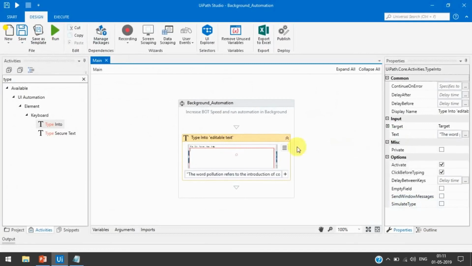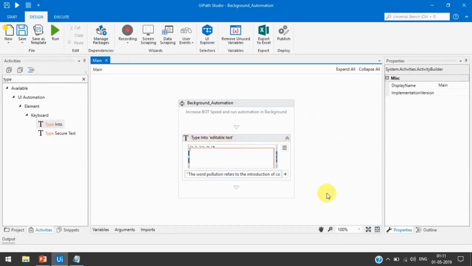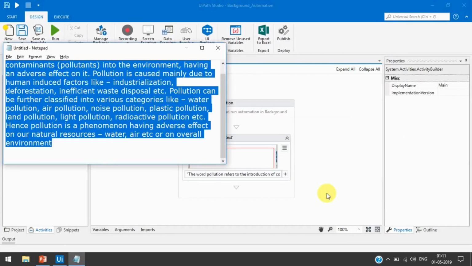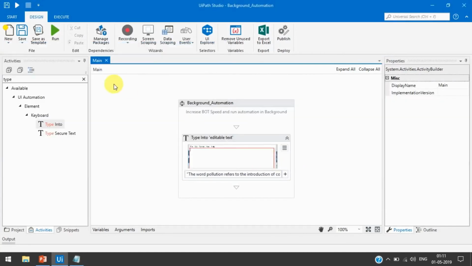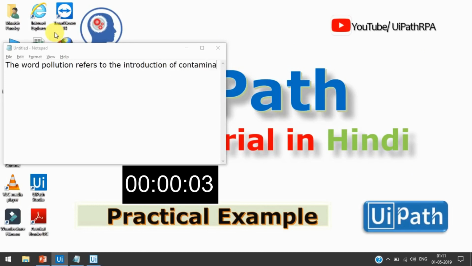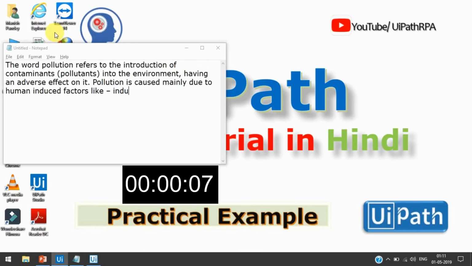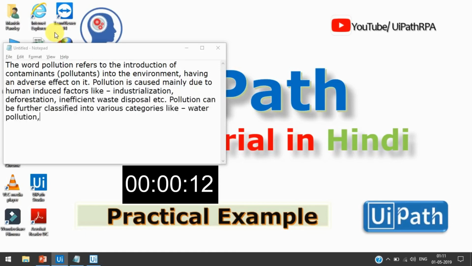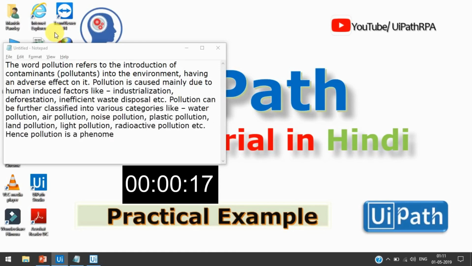Now let's select send window message, the second method. Here also the speed is 50%. So now let's run this, it will also type same as the default method in the same speed. Okay, done.